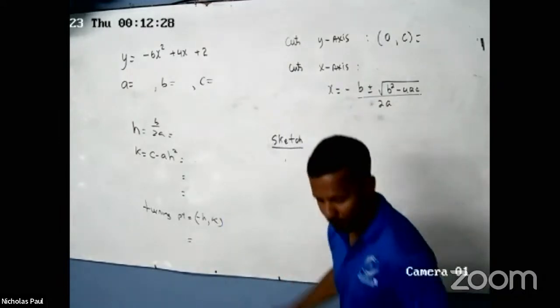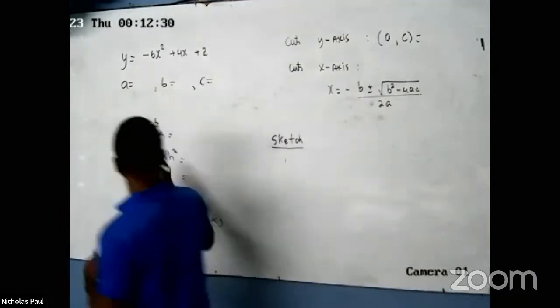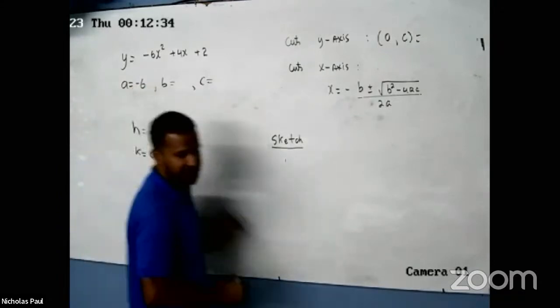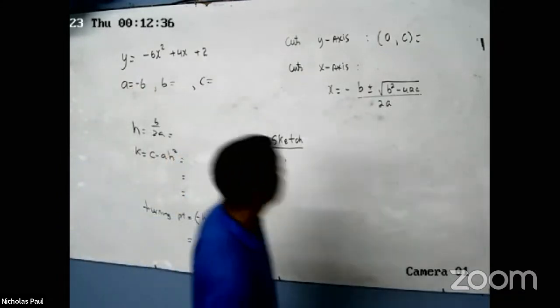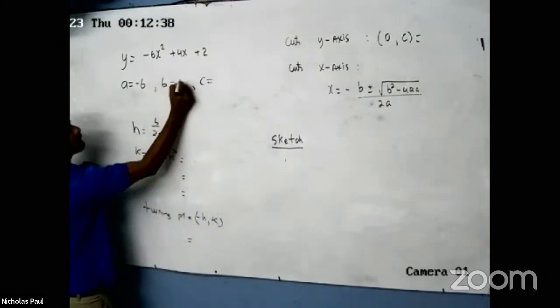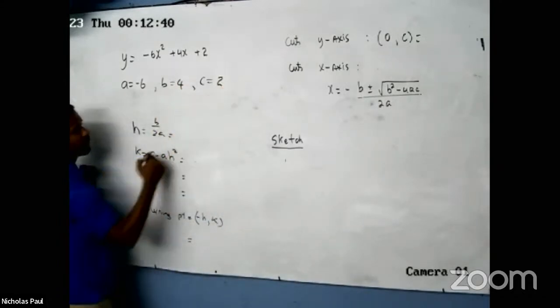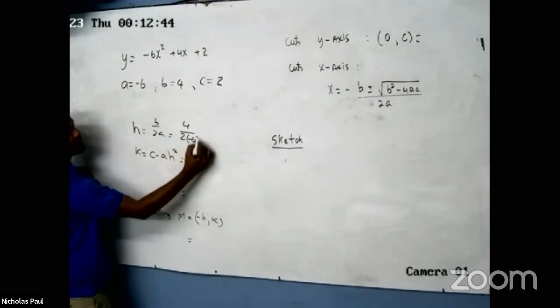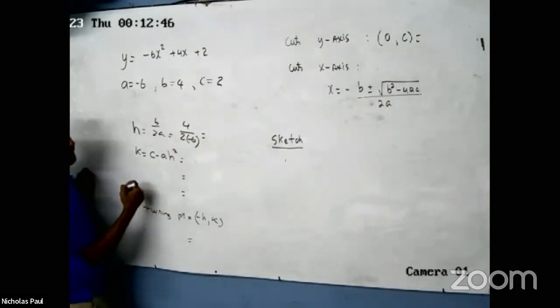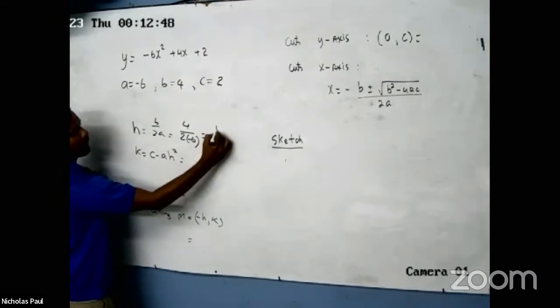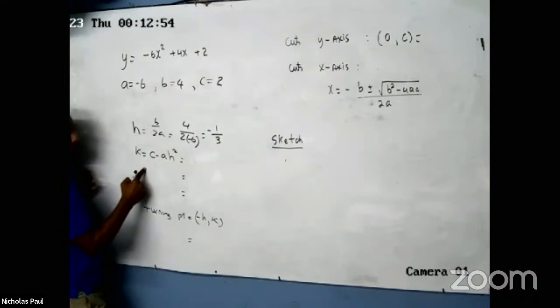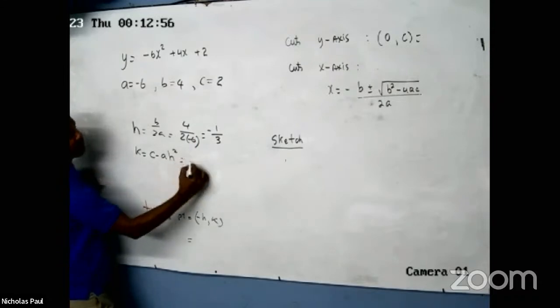All right, let's see. So A here is minus 6. B is positive 4 and C is 2. So H is B over 2A, which is 4 over 2 times minus 6. That will simplify to what? Minus 1/3, correct? Minus 1/3. Now here, K is what? C, which is 2